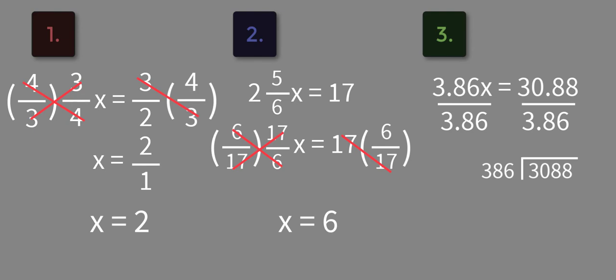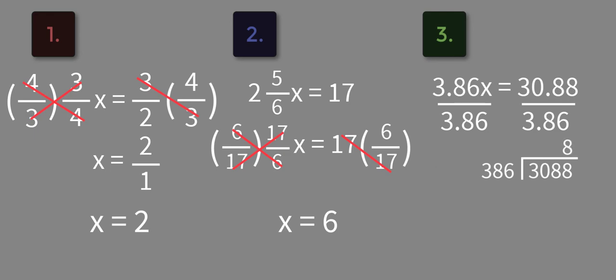386. So we can estimate what we should multiply by first. We know that 386 obviously won't go into 308. So that takes us over to how many times will 386 go into the whole value. And again, this could be trial and error. So let's round down to 3,000 and round up to 400. How many times will 400 go into 3,000? That would be 7. So we'll go ahead and start above that and go with 8 and see how that